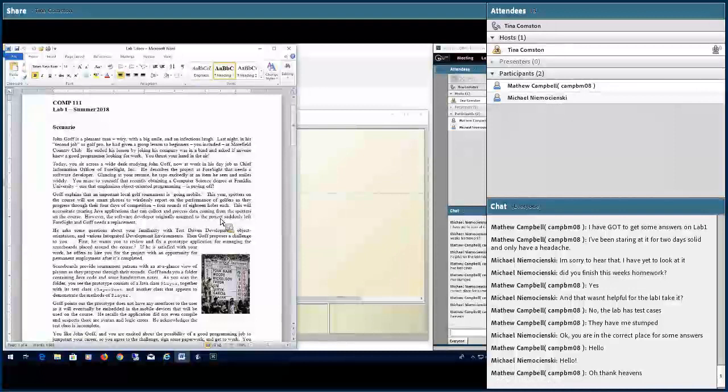All right. So the Word doc is the scenario, so it kind of outlines for you, tries to give you a real world type of experience with a little bit of humor in there. But there's also some important things to note in there as well. So if we look at this, the person who's hired us to do our programming's name is Jeff Golf. He works at Moorfield as opposed to Moorfield Country Club. You're going to be doing some work for him that